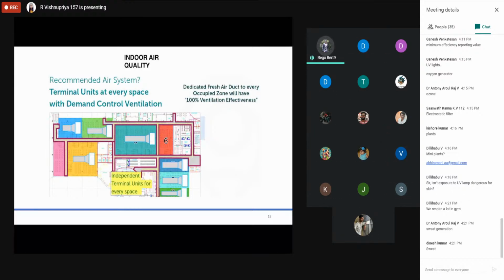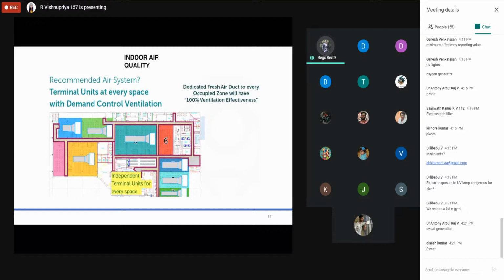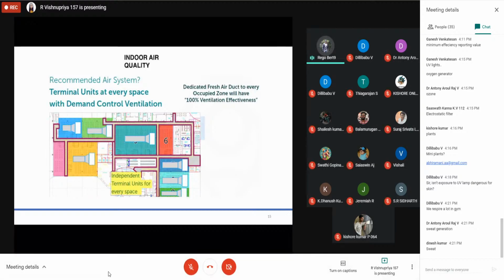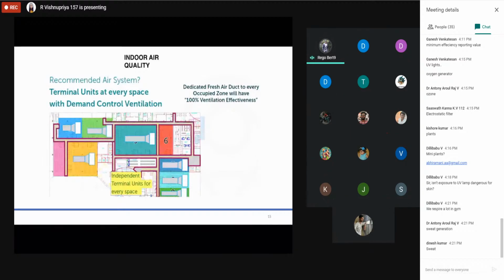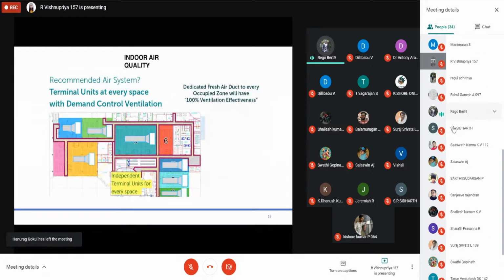So in that layout, I'm having a system where an individual ductable unit can be placed in an individual room, so this is going to be a good system. But unfortunately, the noise level in the cabin is going to increase. On maintenance, if any unit fails, the maintenance guys will come, enter into the office, and remove it. Likewise, we have different things. So this is going to be a separate unit for the cabins.